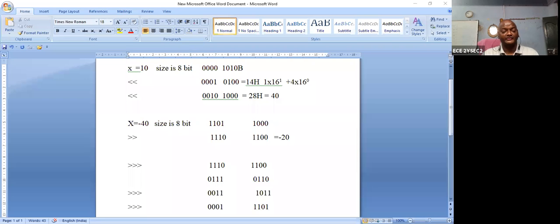Let us take the right shift. In the signed right shift, the sign should not change, and the value is halved. Let us take 10 signed right shifted by 2 times. So 10 by 2 is 5, and 5 by 2...